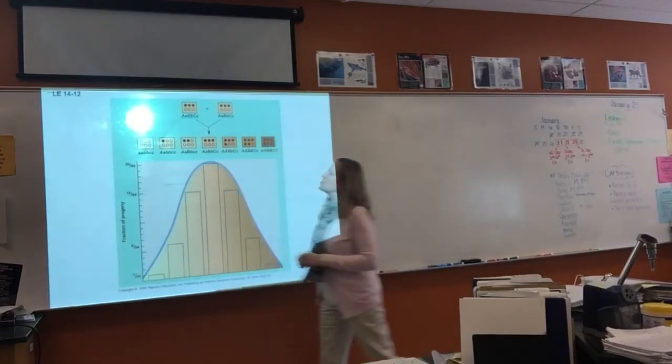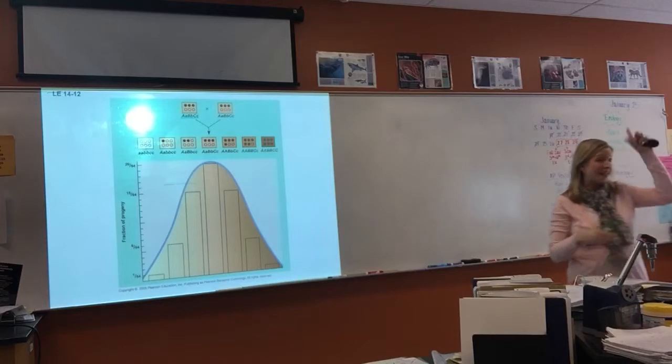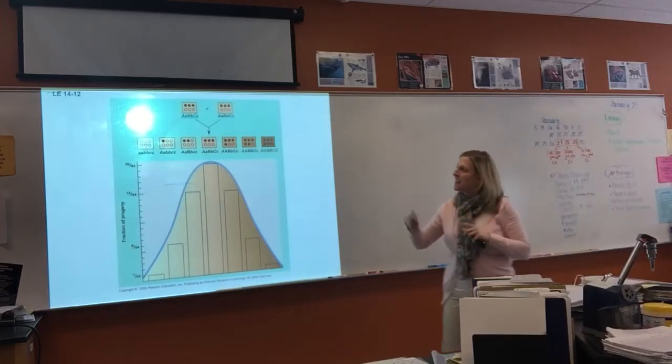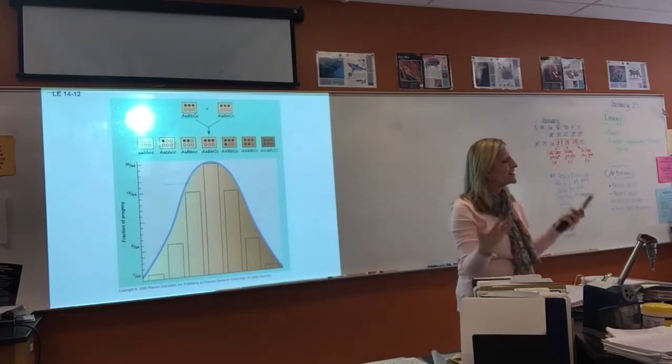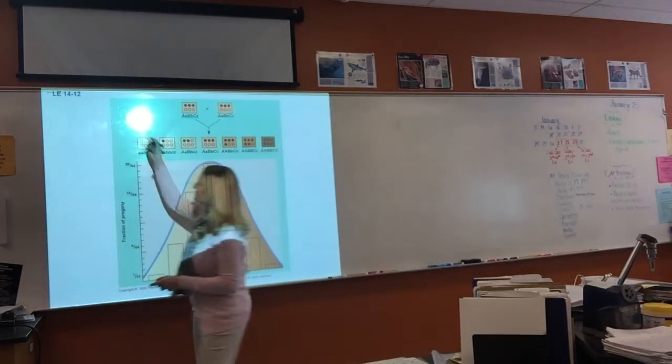So when you have three different genes, unlike in dihybrid crosses, where the A's stood for one trait and the B's stood for another trait, in this case the A's, the B's, and the C's all determine skin color. What does that mean? It means that out of our 23 pairs of chromosomes,